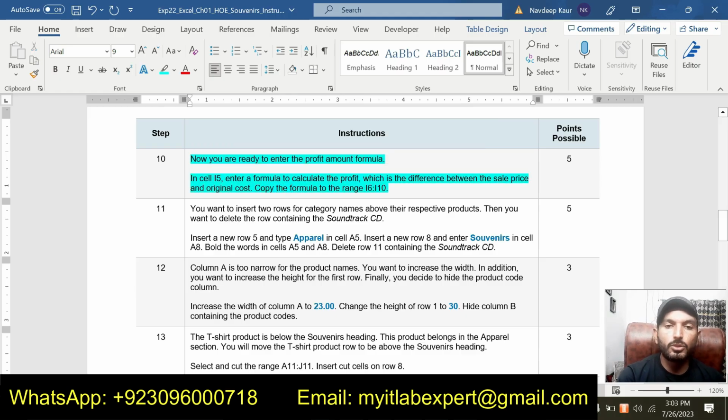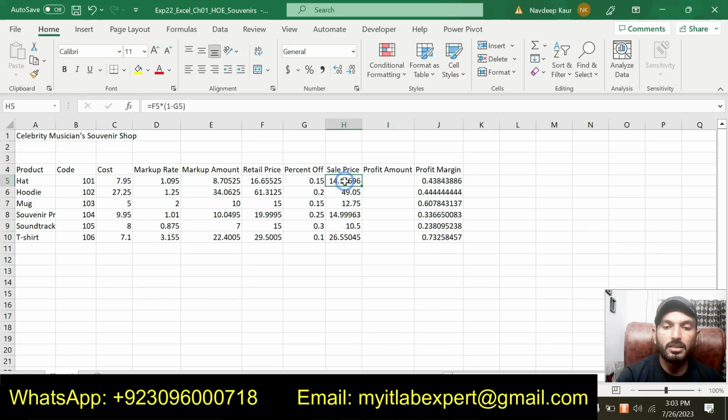Now you are ready to enter the profit amount formula. In cell I5, enter a formula to calculate the profit, which is the difference between the sales price and the original cost. Copy the formula to the range I6 up to I10. So now we are supposed to calculate the profit, which is the difference between the sales price, this one, and the original cost, this one.